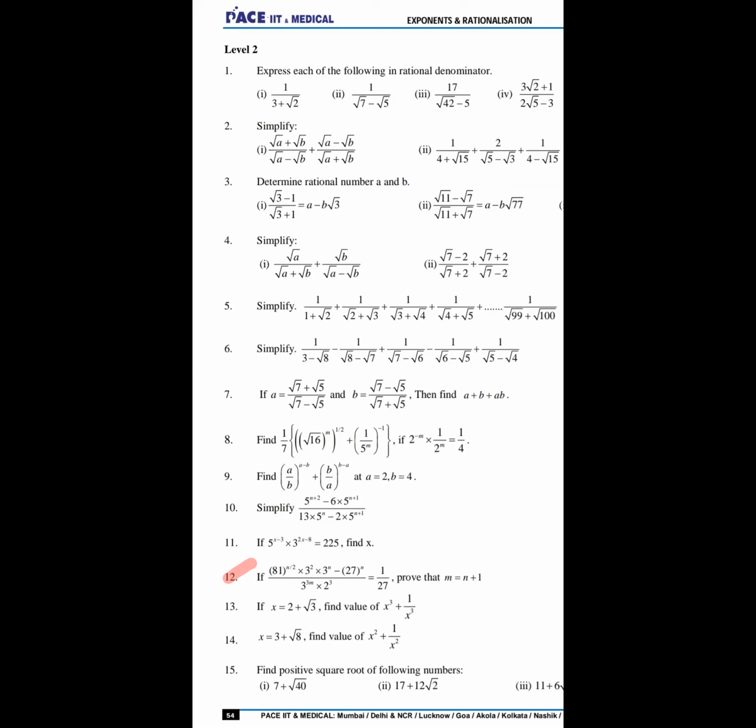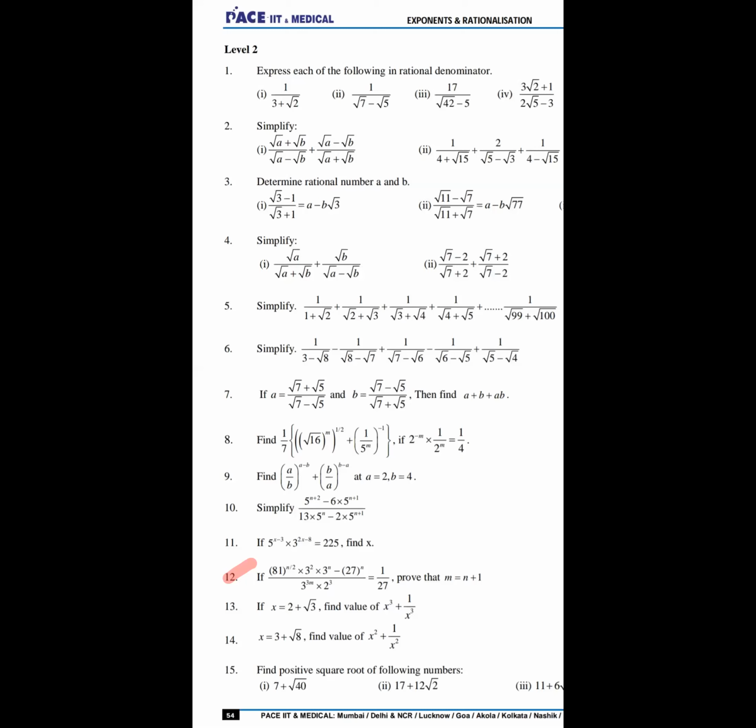Okay, tell me what will happen to 1 upon 2 to the power of minus m? What will happen to this now? So it will become 1 upon 2 to the power n. And then there are two 1 upon 2 to the power of m. So you can apply the formula a to the power of m into a to the power of n. So in the denominator, what will become? So I didn't get it. Start writing. You are writing? Yes sir.